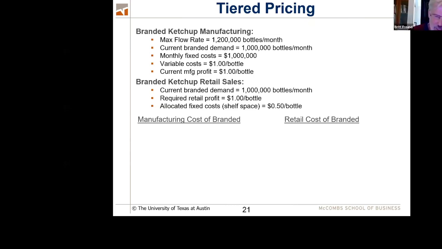All right, here we go. I want you to imagine a hypothetical situation. It's true, but it's a hypothetical situation. So you're walking, not all of you are from Texas, but a lot of you are from Texas. So you're walking down the grocery store aisle at H-E-B, and you go to the ketchup section, and you want to buy some ketchup. And you see on the aisle the brand name, let's say Hunt's or Heinz, I don't care whatever ketchup you like.